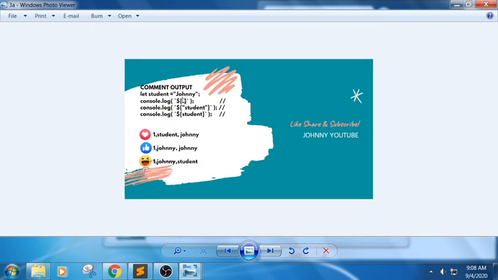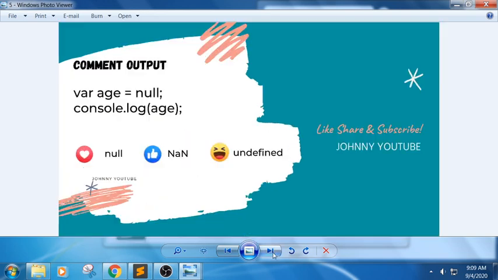Next one, now we are trying to use the same thing in three ways. First one, dollar of 1. I have taken dollar of 10 there. What is the output we got? 10. Here it would be 1. Next one, console.log of dollar of student here. See here we have inverted quotations, so it will return as it is. The answer would be student. Console.log of student. So the answer is 1, student and Johnny. The first option. Next one, var age is equal to null. Console.log of age. Guess, the answer would be null.